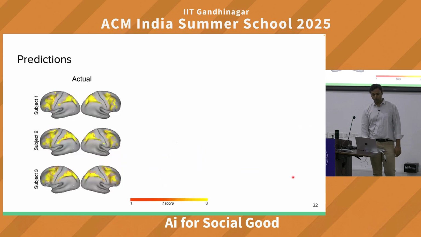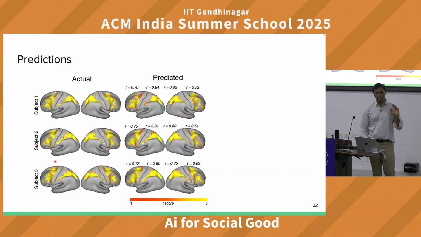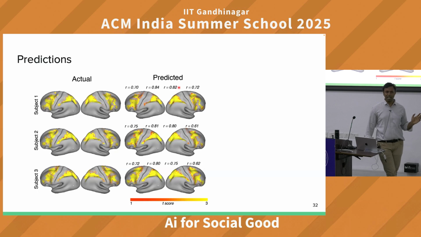perform. तो for this example, 3 example subjects लिए हैं, उनका actual brain map ऐसा दिखता है, हमारे predictions ऐसे दिखते हैं. Predictions में यहाँ पे we are showing the amount of correlation. This is again Pearson correlation. So 0.7, 0.84, 0.82, it's pretty significant. Again, unlike machine learning LLMs, you don't get 95% accuracy in brain data. 80% is amazing. So 70 to 80%, good.